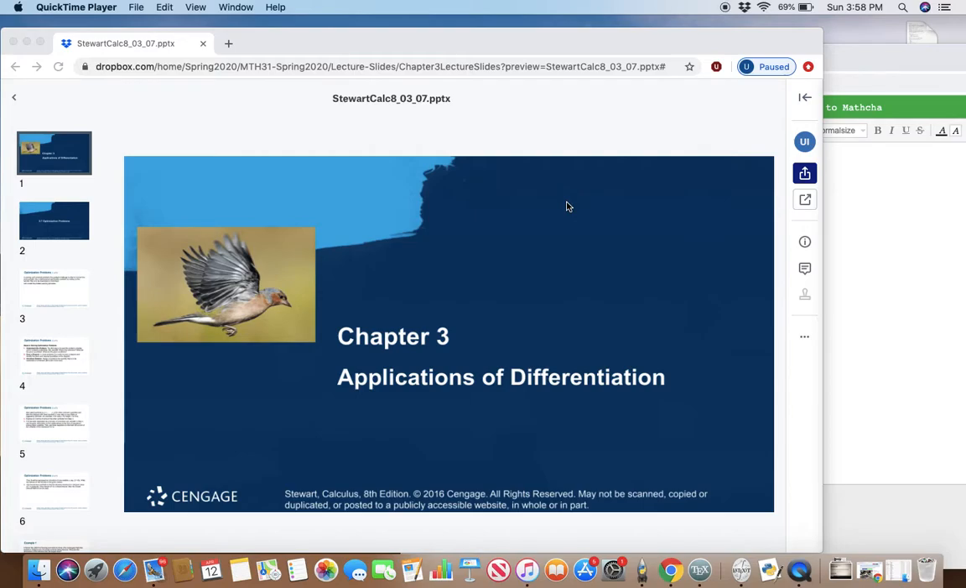Welcome back. So now we are going to work on section 3.7. Notice section 3.6 is not in our syllabus. All right. So I'm using our Dropbox. Section 3.7